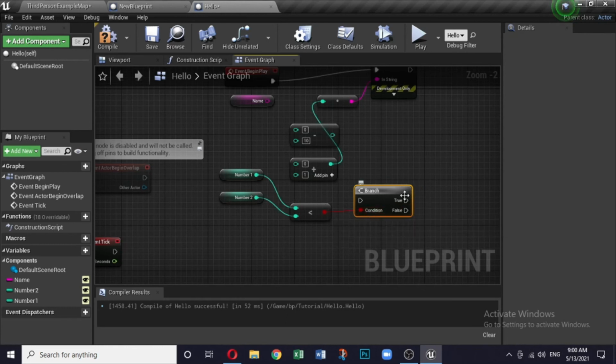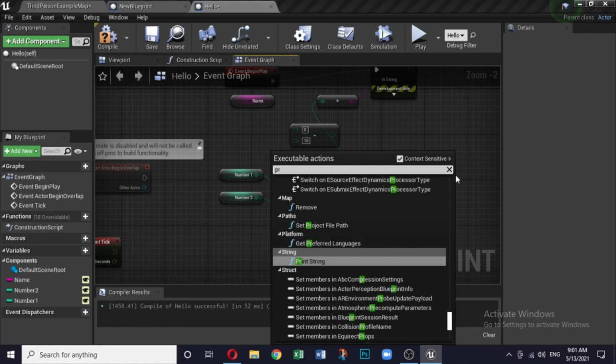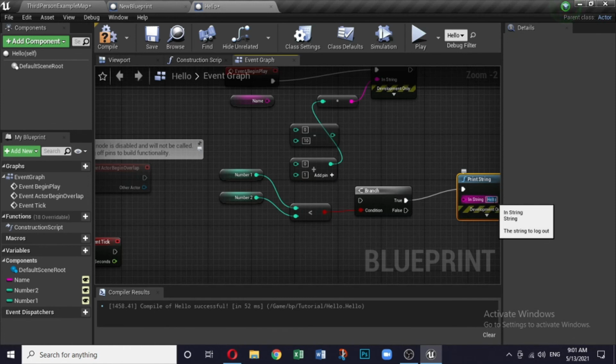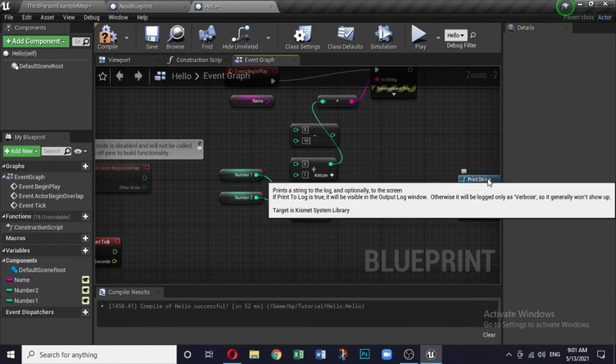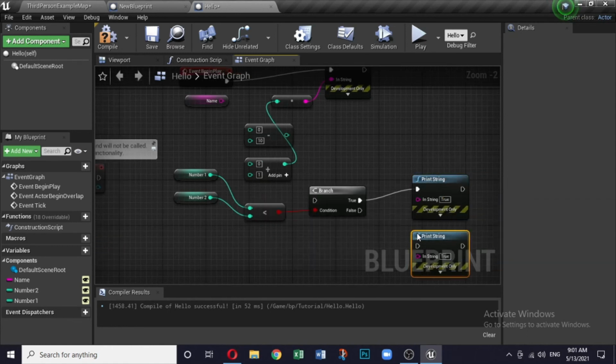Now, if number 1 is less than number 2, this is a true condition, and then we need to write a message that true. And in case it is false, so we will say false. Connect this here.